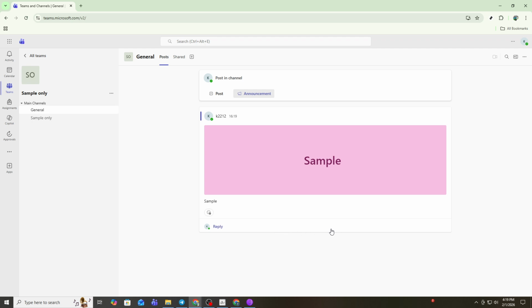That's it. You now know how to post team announcements in Microsoft Teams and make important updates more visible to